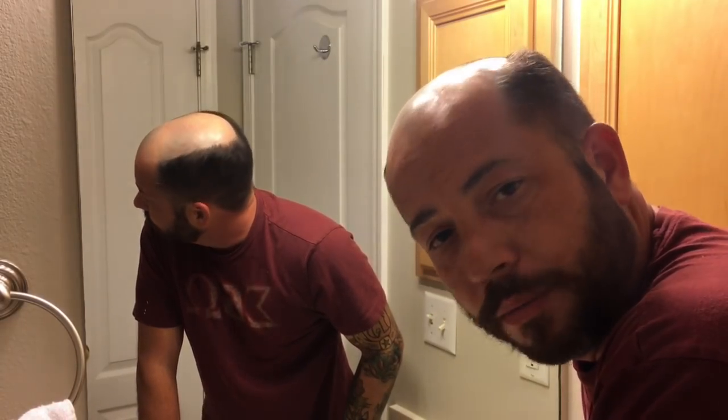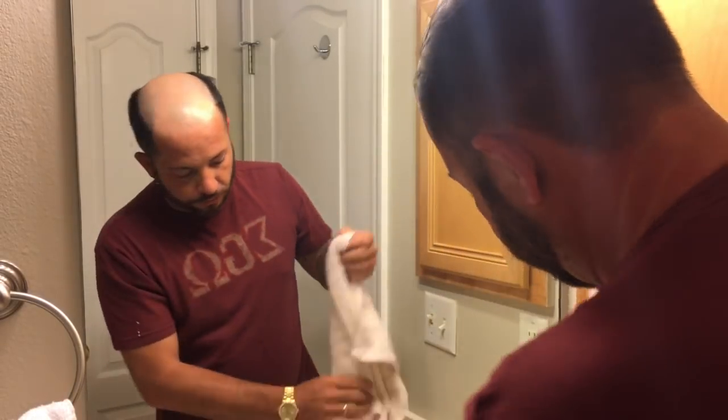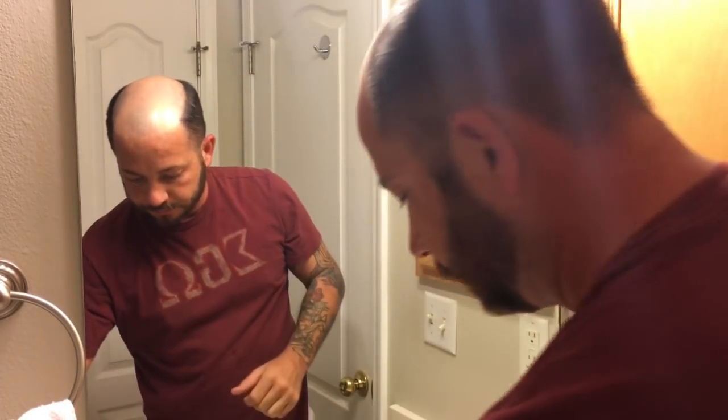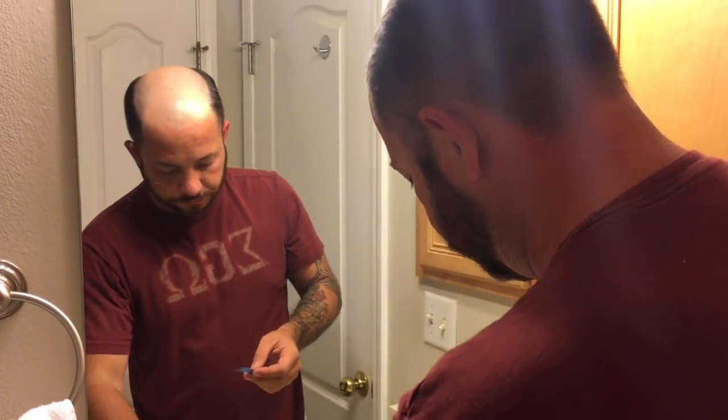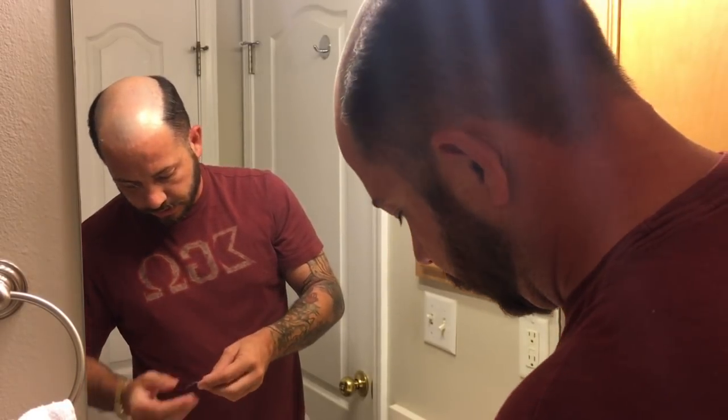And turn your AC down in your house. Turn it down 2 or 4 degrees, because you do not want to be sweating for this at all, because you will not get a good attachment. So that's what we've done. It's clean, it's shaved. So now what I do is I take 2 of the long strips,